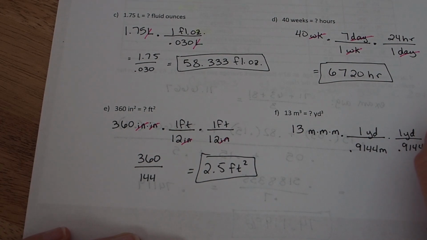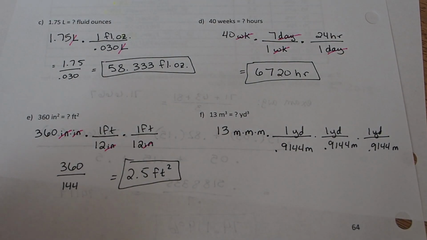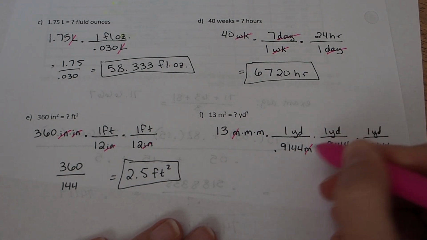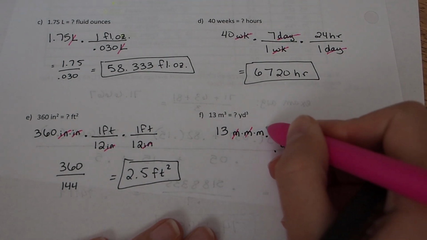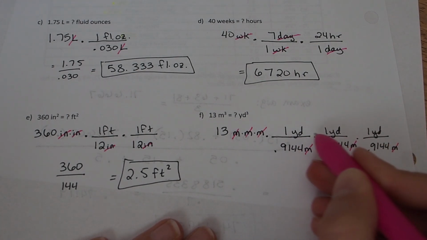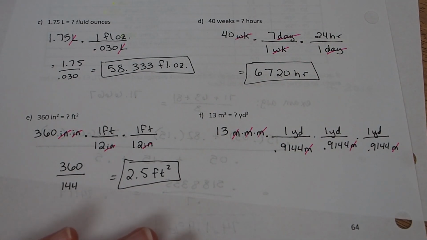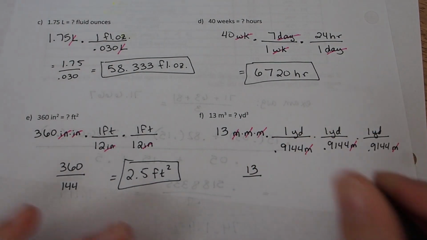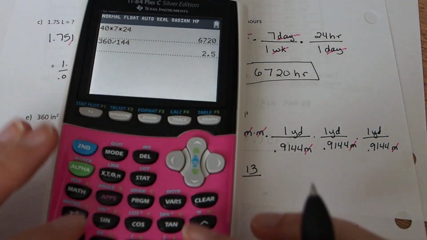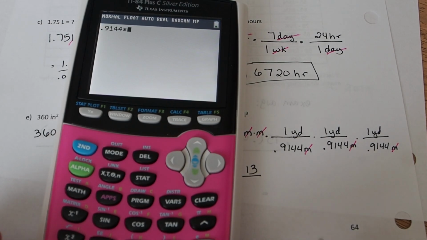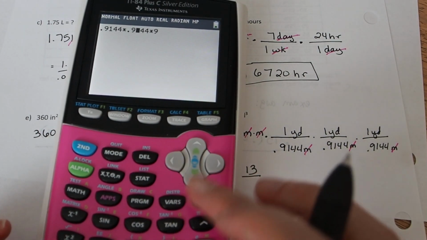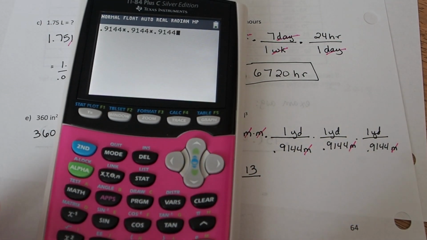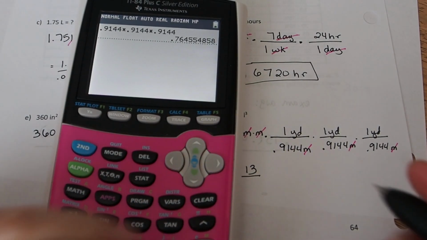1 yard is 0.9144 meters. Okay, that's going to cancel each of these. The first of the meters cancels, the second of the meters cancels, and the third of the meters cancels. The result will be yards times yards times yards, which is cubic yards. Okay, so that's 13 divided by 0.9144 times 0.9144 times, oops, I typed that one wrong, 0.9144, 0.9144. So 13 divided by